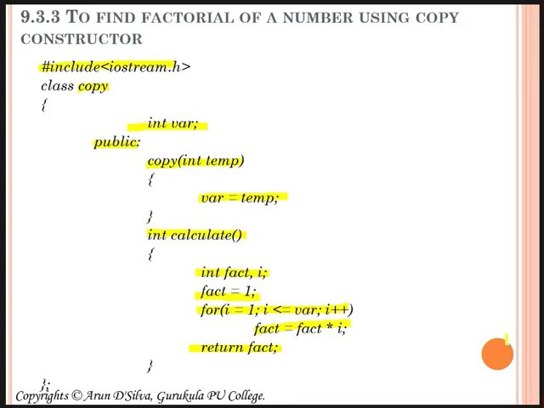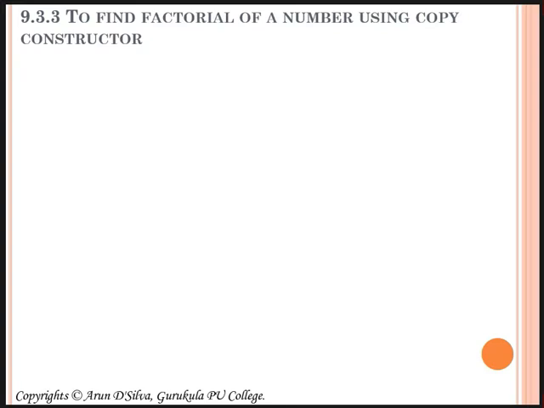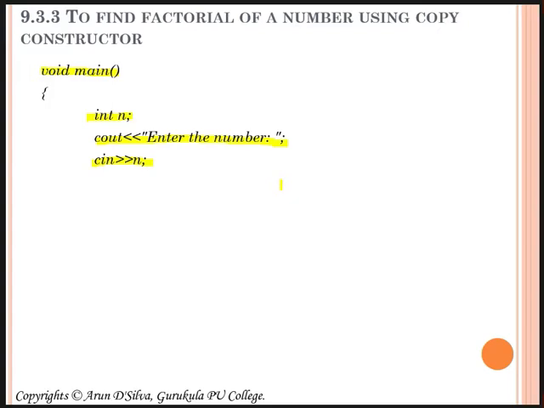This is the way we are calculating the factorial. I'll close the class. Going forward, let me show you the main function of this program. I have used void main, and I have created one temporary variable local to this function, int n, and I asked the user to enter the value from the keyboard, and I have read it by using a console input statement, and I stored the value in the n variable.